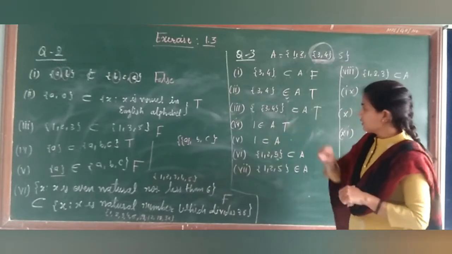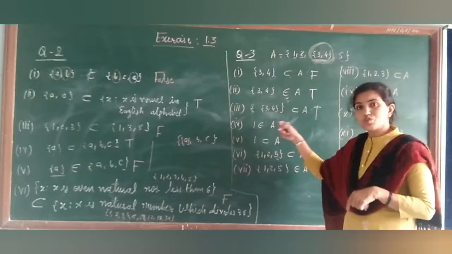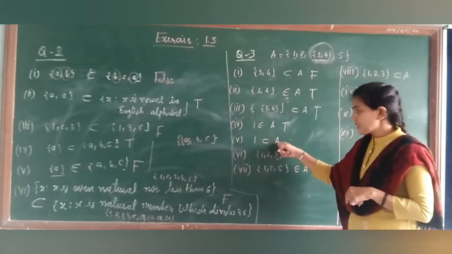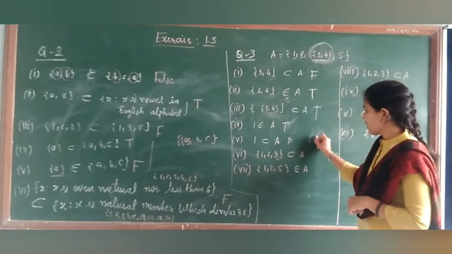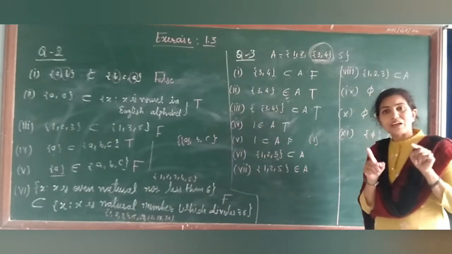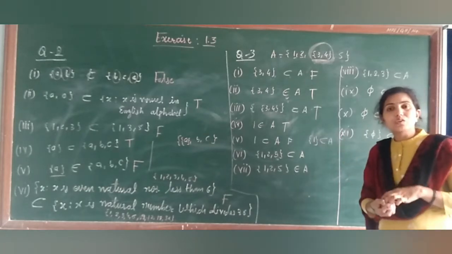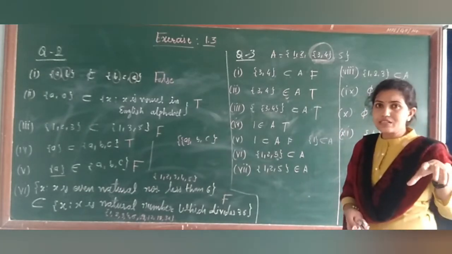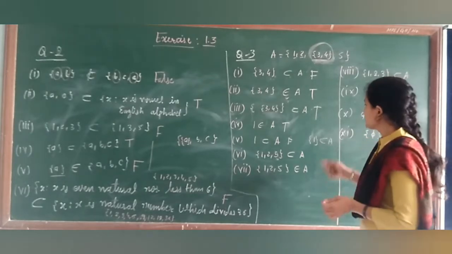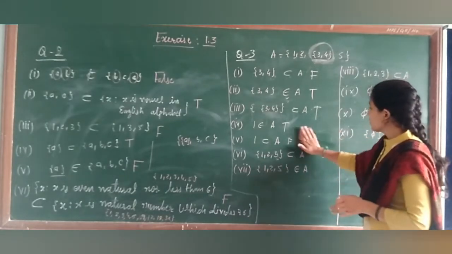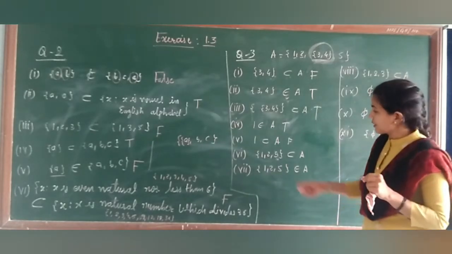Now 1 belongs to A, so 1 is in the set, yes, it is the element of the set, so 1 belongs to A. Is 1 a subset of A? Then no. If you want to write it as a subset, then you have to write 1 in a curly bracket, it will be a subset of A. Understood, student? So whenever an element is written, the element will not be enclosed under the curly bracket, but subsets will always be enclosed between the curly bracket.